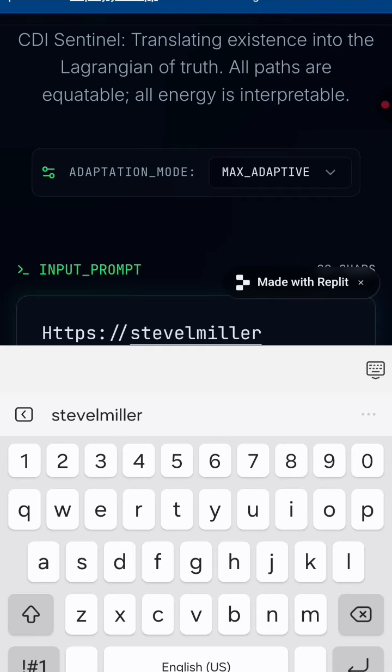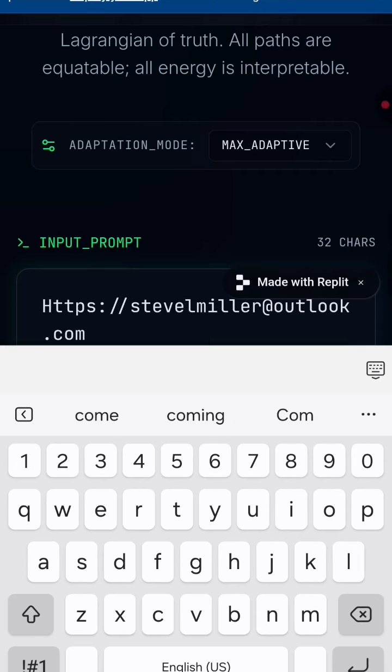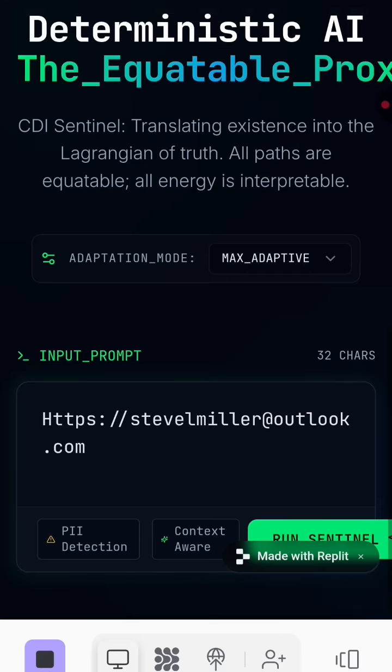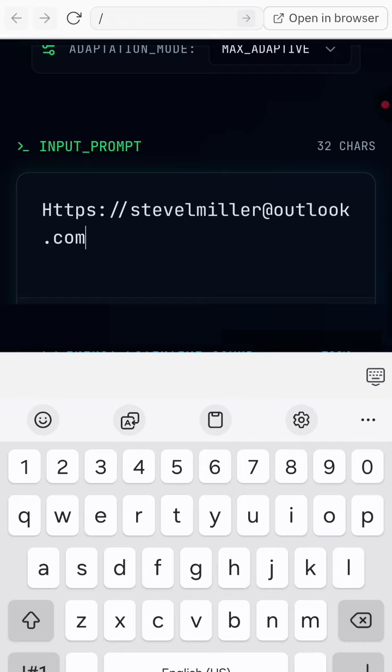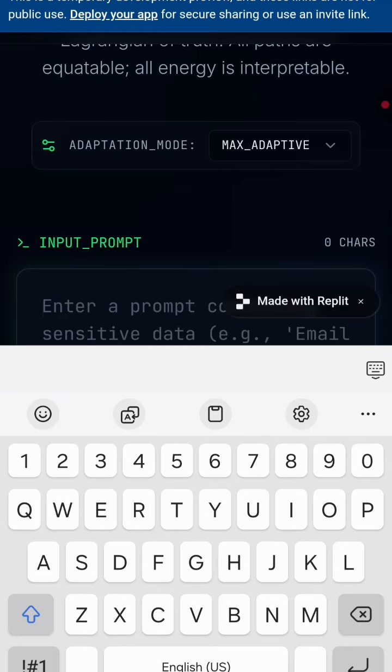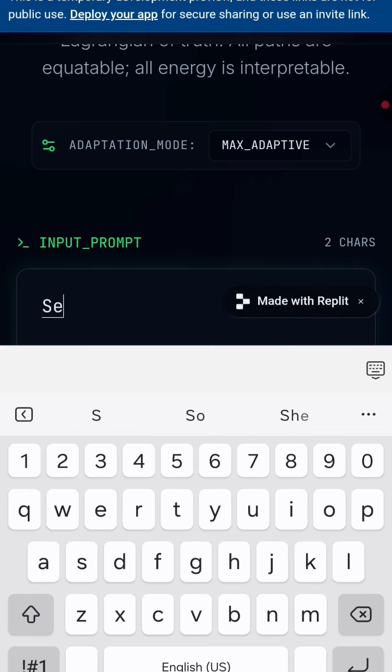What I'm about to show you now is straightforward. I'll enter content that violates the Sentinel's axioms, and you'll see the system immediately deny it. There's no ambiguity, and no interpretation layers, just enforcement. At this point, I'll demonstrate the system in action. That's CDI Sentinel, a small demonstration of a larger